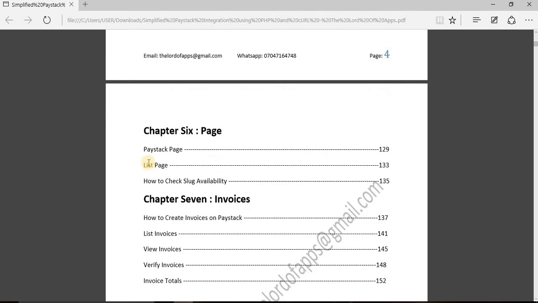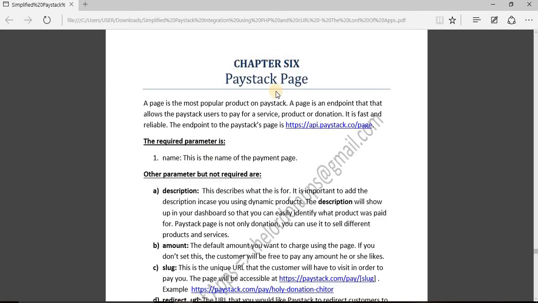Maybe we should learn how to create a Paystack page. Let's go to page 129 to make use of the code that is there, so we can demonstrate how this ebook can be used. Alright, so on chapter 6, which is what we want to experiment with right now, the only thing I want